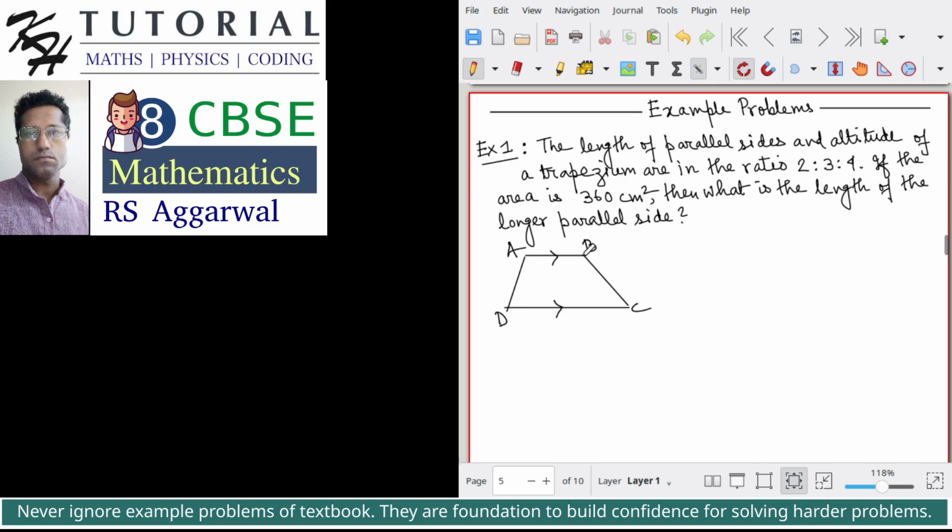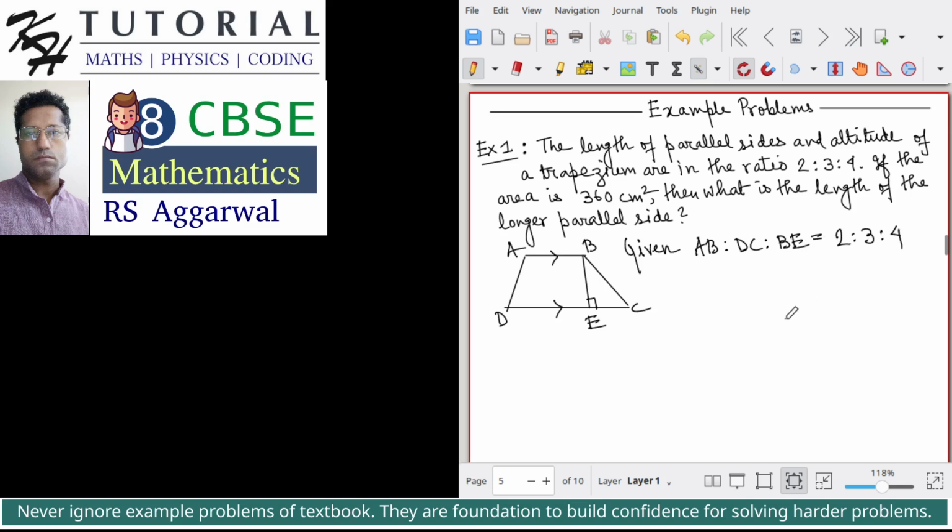Let's say BE is the altitude of this trapezium, that is the distance between the two bases AB and DC. It is given that AB is to DC is to BE is equal to